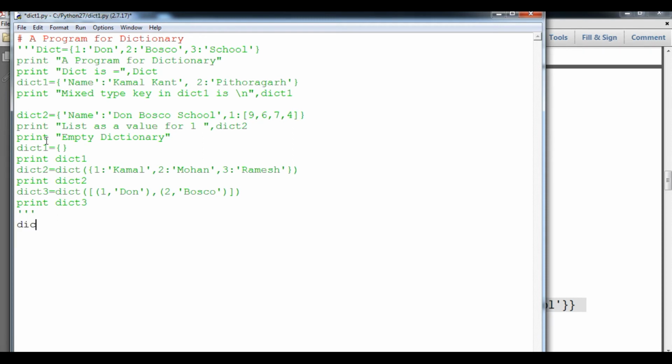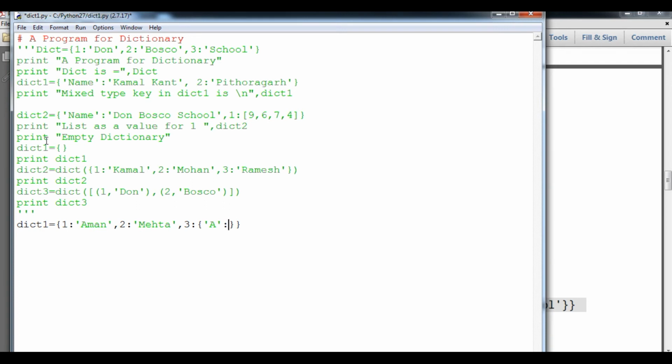So here dict1 equals to, within curly braces, 1 equals to Aman, then 2 equals to Mehta, then after that 3, and as its value I will type a dictionary itself. Maybe a different kind of dictionary, like A. Here A should be a string.